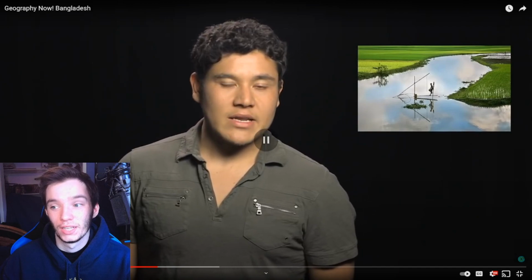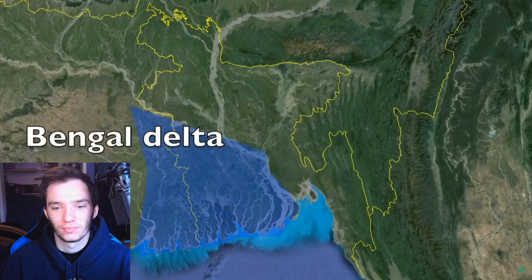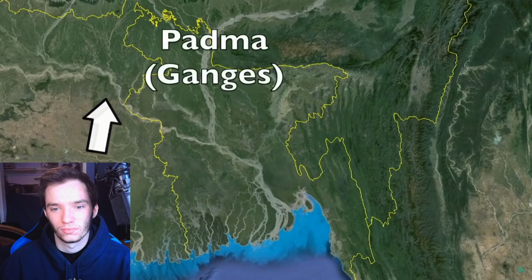One thing you have to understand is that Bangladesh's largest resource is their rivers. They do have frequent flooding. In fact, the Bengal Delta is the largest delta in the world, and the country has more transboundary rivers than anywhere else at 58. This means that they share rivers with both India and Myanmar. Altogether, though, Bangladesh has about 700 main rivers, the largest ones being the Padma, or better known as the Ganges